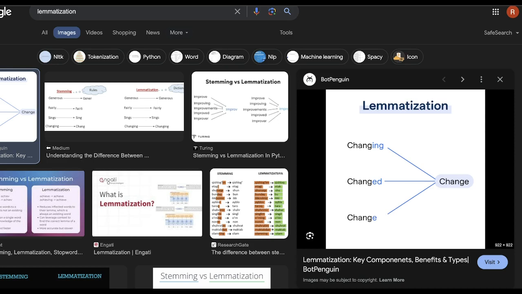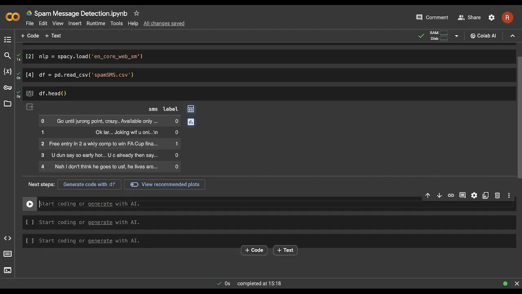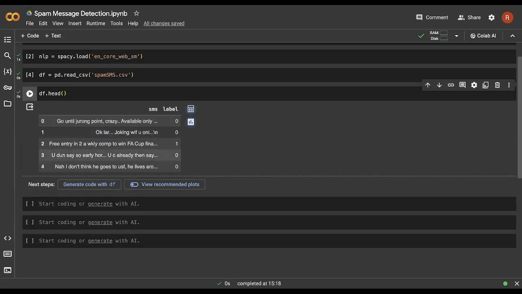So this base word is called a lemma, and as you convert your words into lemmas, this process is called lemmatization. So the first process that we want to perform in our model is to convert this SMS column into lemmas. That is, we need to convert the words from every SMS to their base words, and to do so, we'll start by